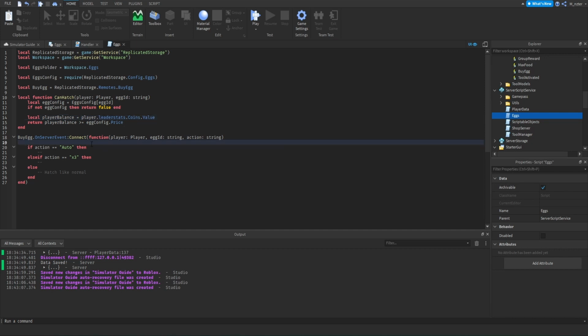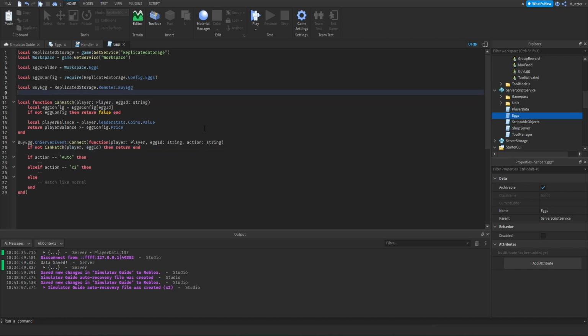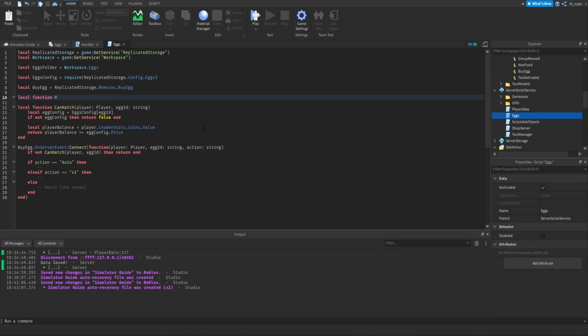Then back inside of listening for the remote to be fired, we're going to say if not canHatch, and we'll pass through the player and the egg ID, then return end. So if this check does not return true, then we're just going to stop the function right there and not run anything else. Next, let's create a function above the canHatch function,